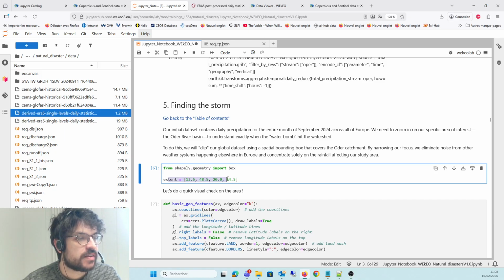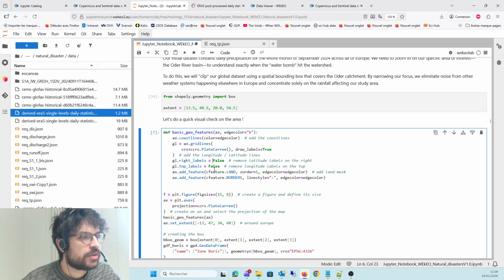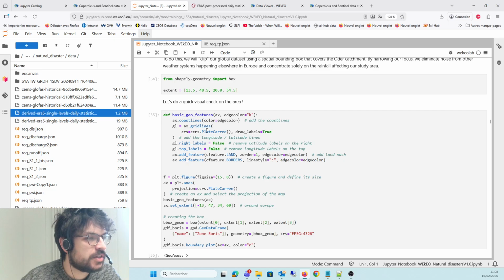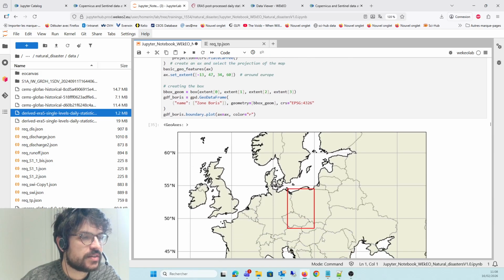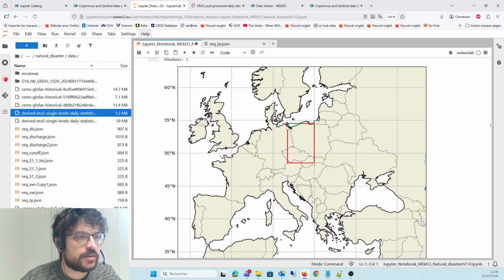We're defining it here using a long-lat box, and we can draw a quick map using basic geographical features, so coastlines, borders, and coloring the land distinct from the sea. As you can see here, this is our box that will be our area of interest, so most of our analysis will cover this area in the red box.